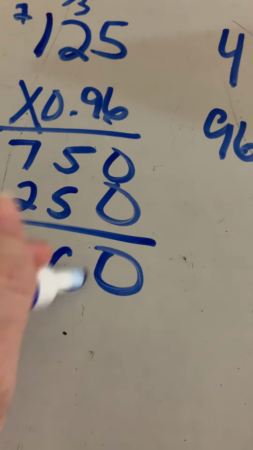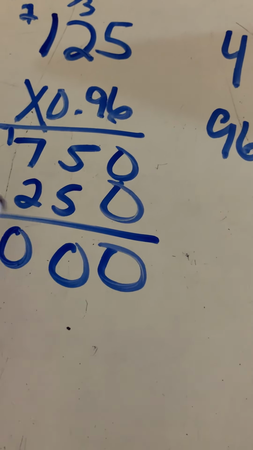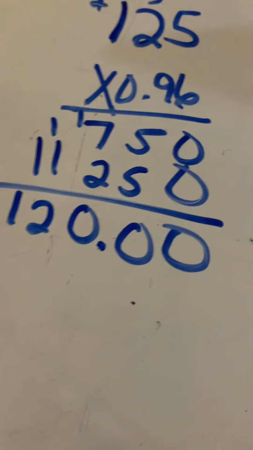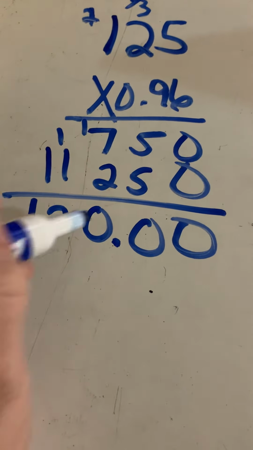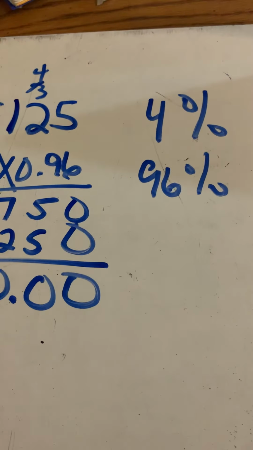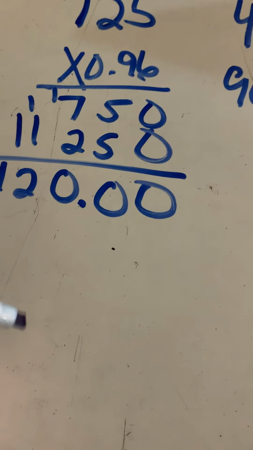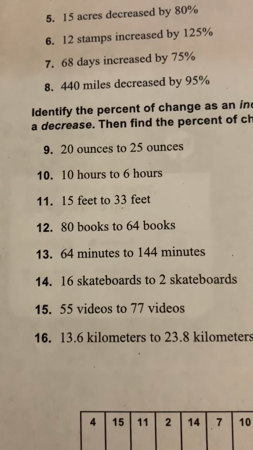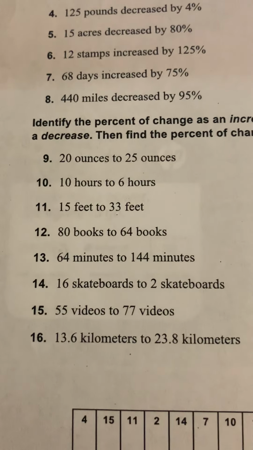So when I add all of this up, and this should make sense, basically I have 120. So 125 decreased by 4% is 120. And you can see that that answer is letter S. When you're taking a look, we did the first, I think, 2 or 3 of these